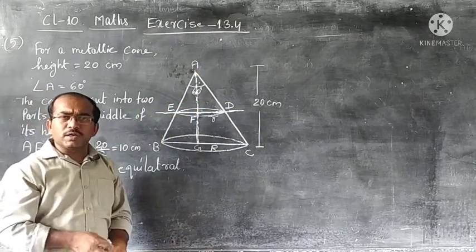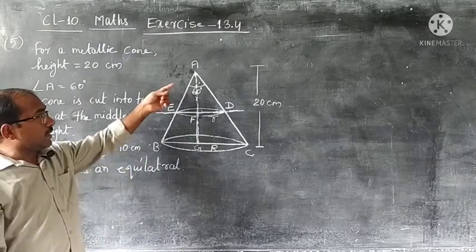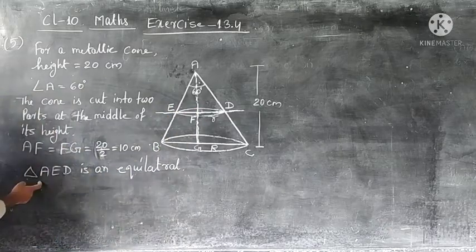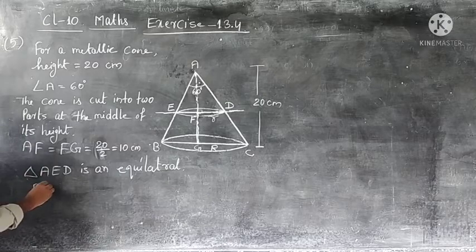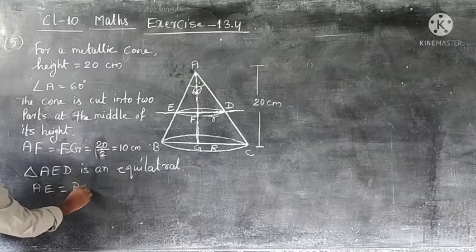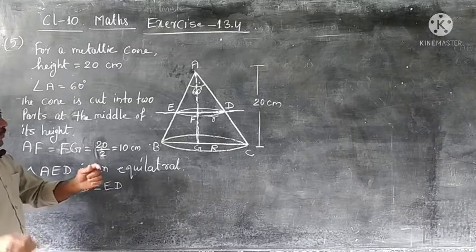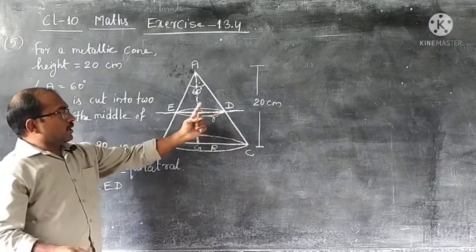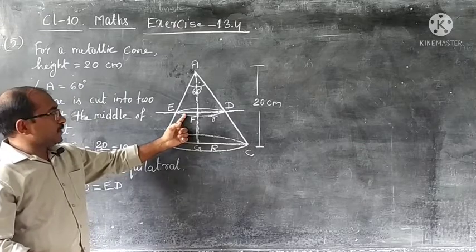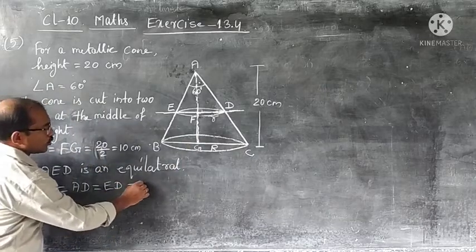And what do we know about an equilateral triangle? All the sides are equal and also all the angles are equal. So we are getting all the angles are equal. We can say all the sides will be equal. What are the sides of this triangle? AE, and another side AD is equal to ED. And a little before, we talked about ED. FD is R, EF also will be R. That means ED will be equal to R plus R, that is 2R.